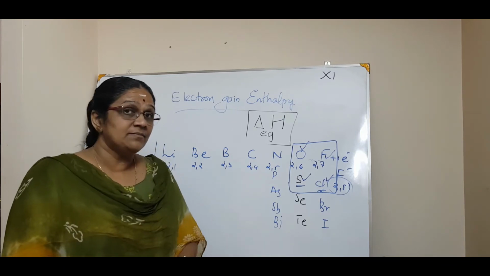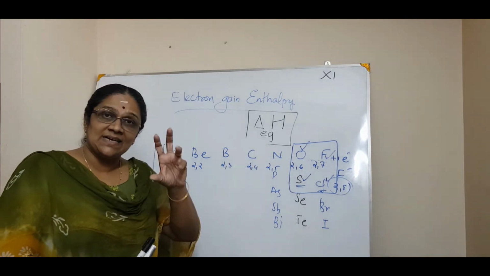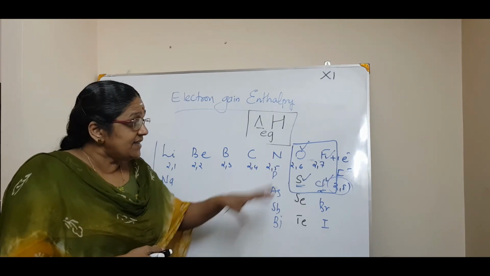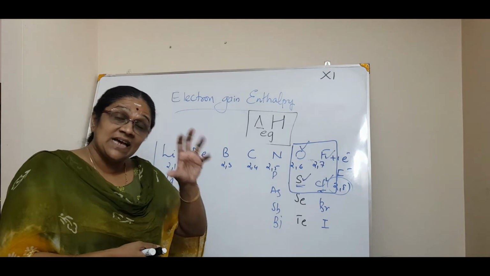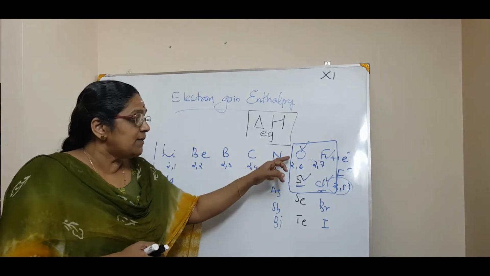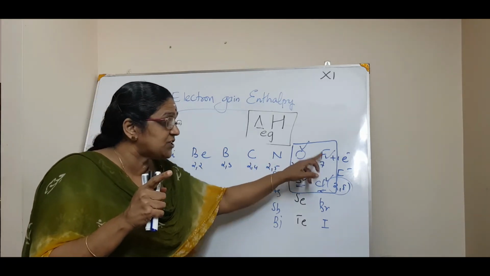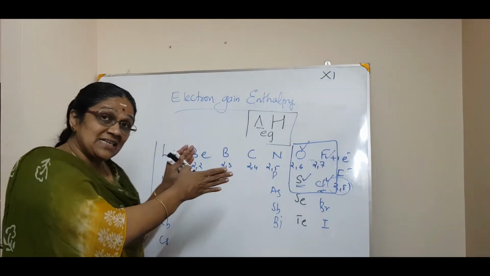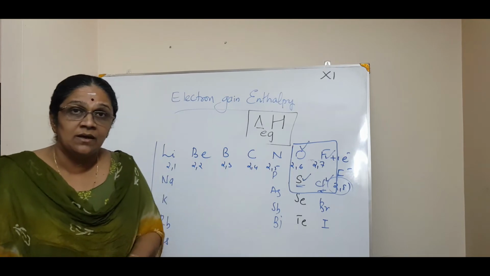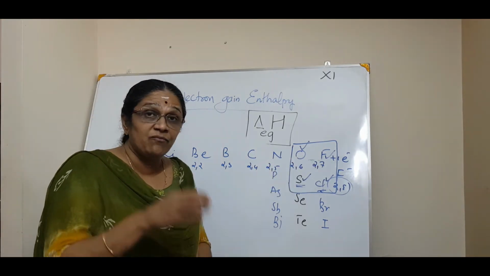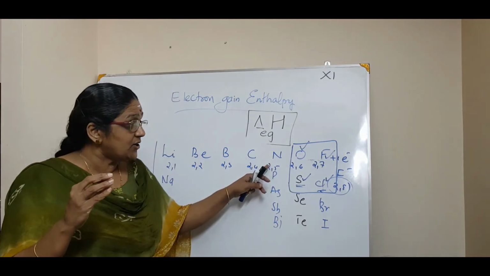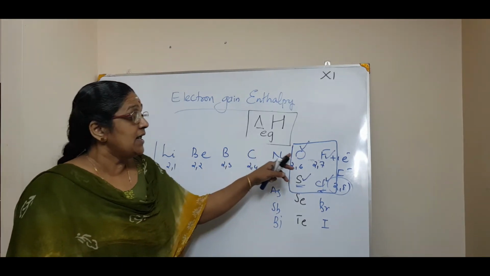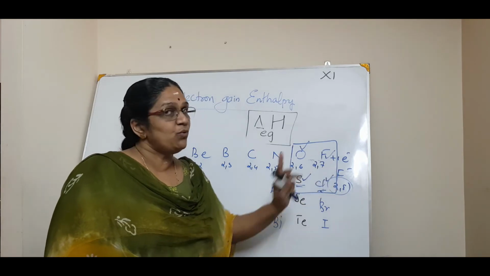Now, what is the reason behind it? See, it is because of the size. For everything, electronic configuration doesn't do the magic. In this case, it is the size that matters. Now, think about the size of oxygen and fluorine. As the effective nuclear charge increases from left to right in a periodic table, oxygen and fluorine have a very small size. When compared to oxygen, fluorine has a very small size due to the increase in the effective nuclear charge.